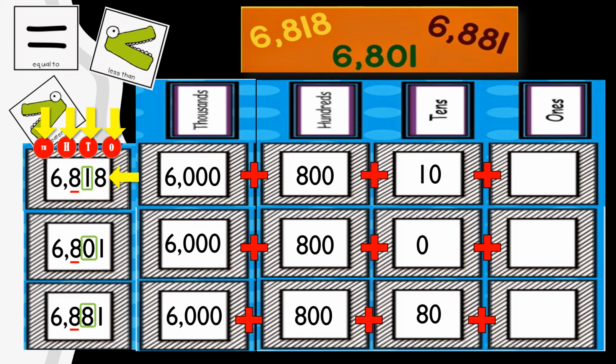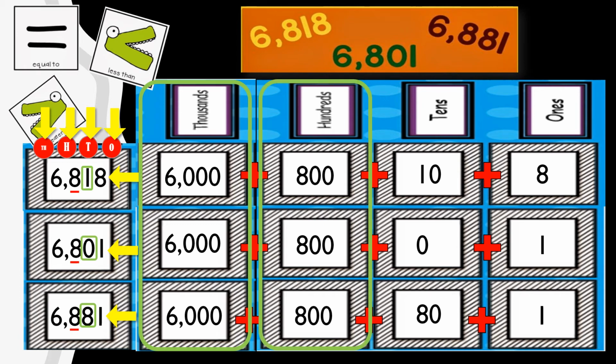Okay, an 8 in the ones. 8 ones is 8. Next up, a 1 in the ones. That value is 1. And another 1 in the ones. That value is 1. So if I wanted to compare these numbers, I first noticed that my thousands are